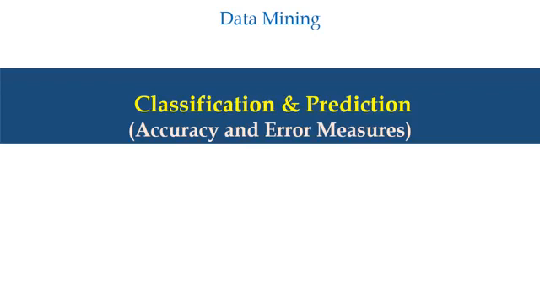In our earlier sessions, we have discussed many algorithms and methods to find out the classification model and prediction model. In a very early session, I discussed how we can use classification. It is a two-step process: one is model creation and the other is use of the model. So, once you are creating a classifier model or prediction model, we have to check whether it is accurately classifying a tuple or not. So, what are the different measures or methods to check that accuracy? That is the content of this particular session.